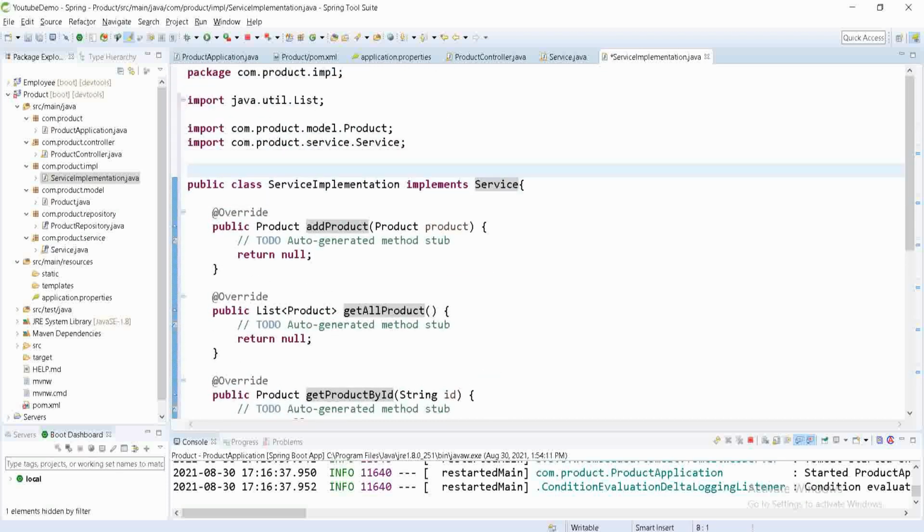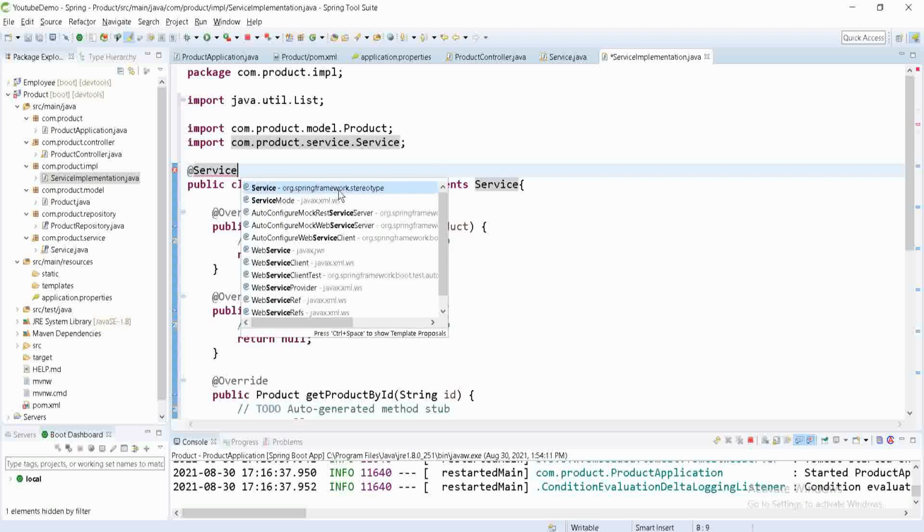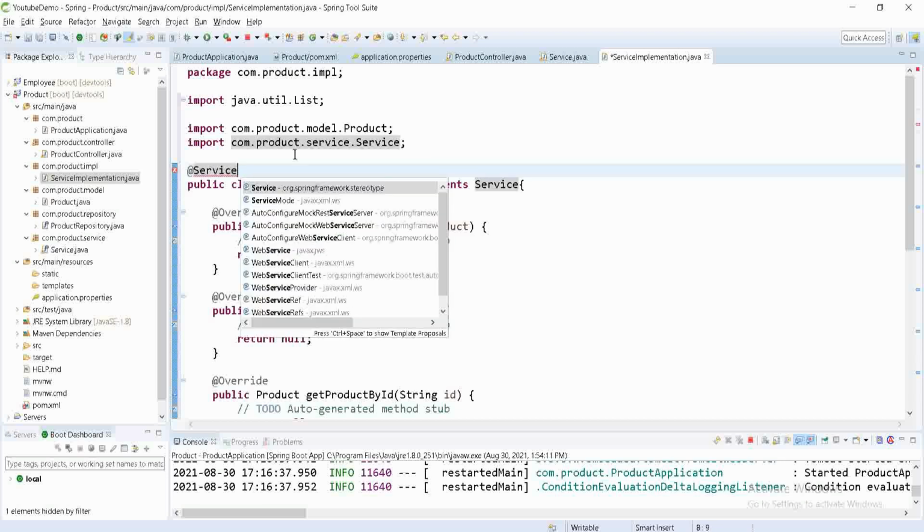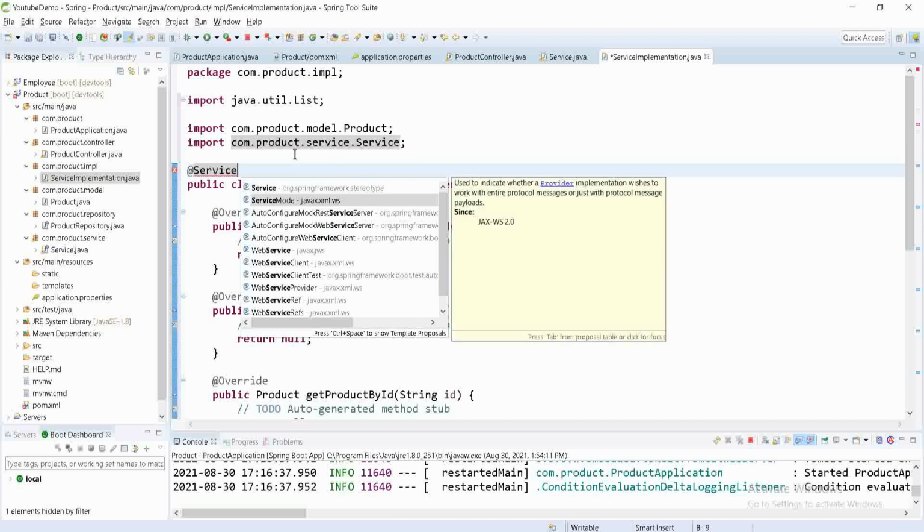Now whenever you create this service, don't forget to mention it with the annotation Service, so that it will automatically create the bean for you.